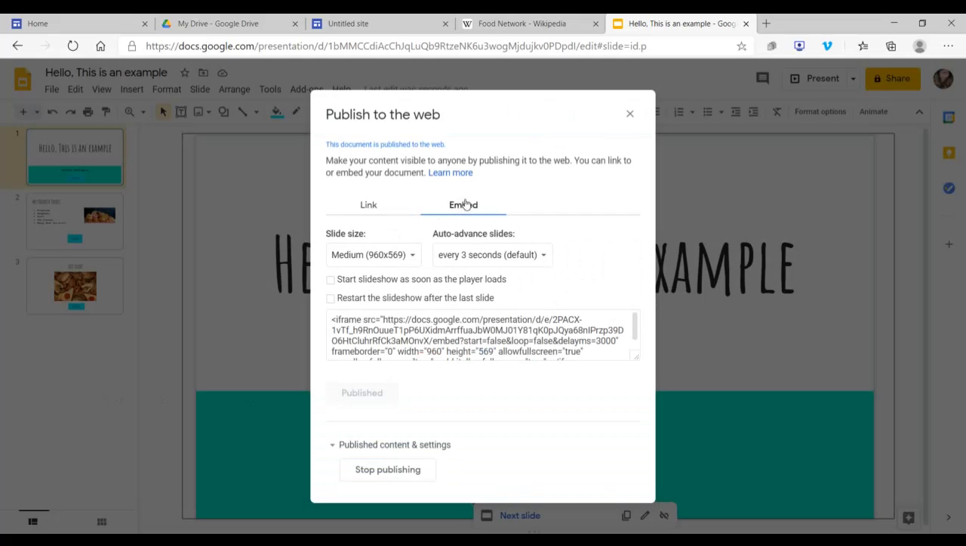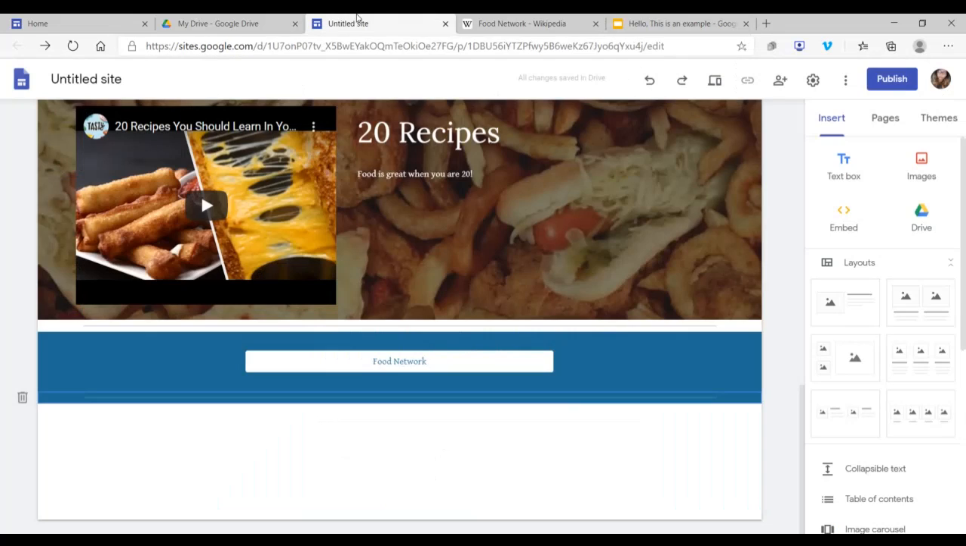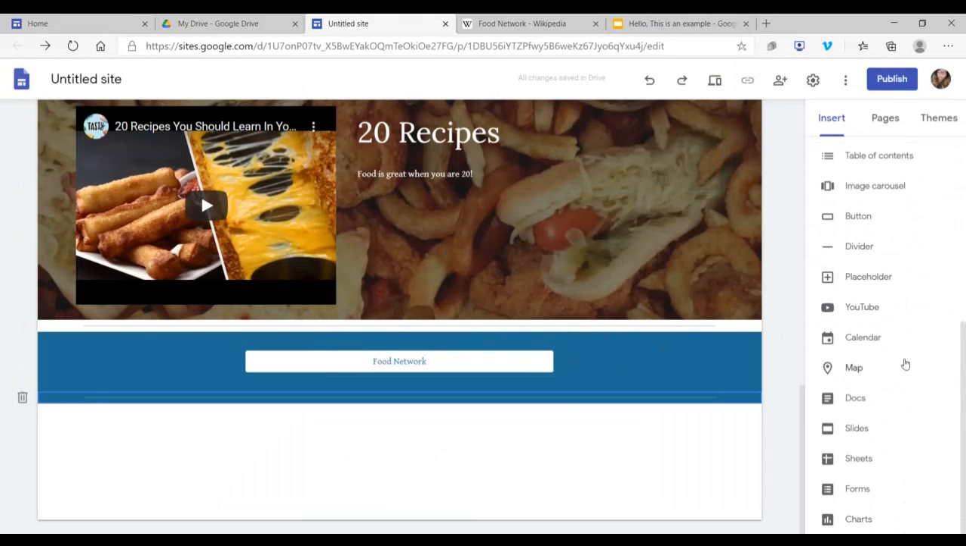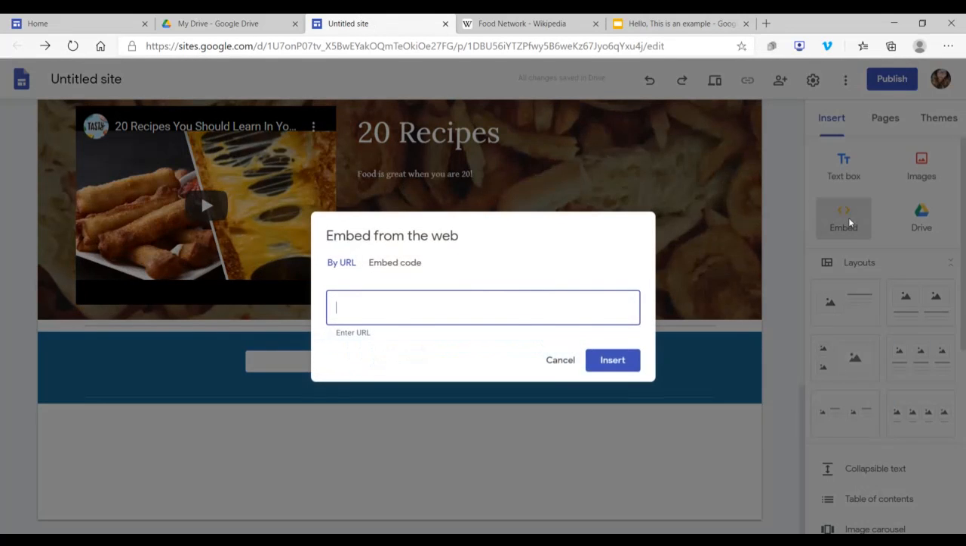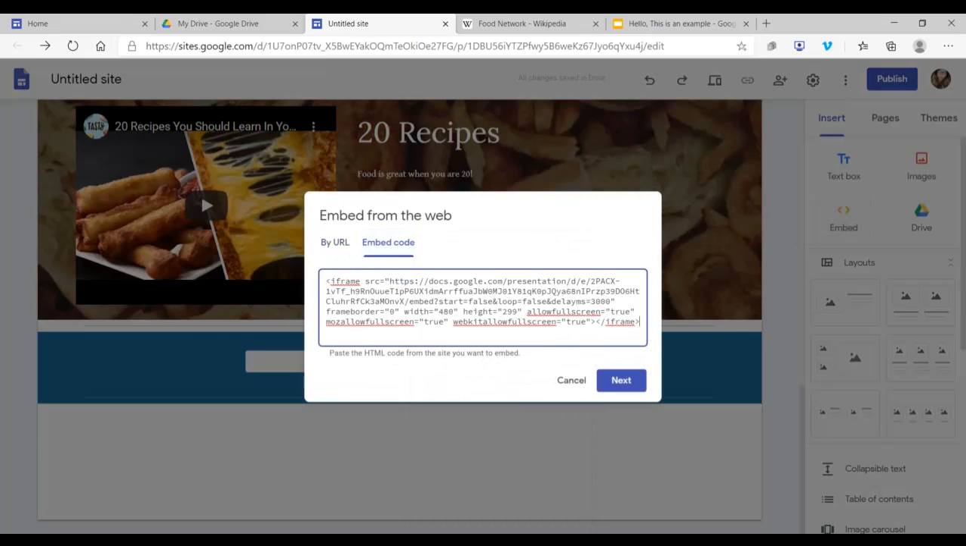So now I'm going to press this Embed option, choose how big I want it, go through these different options, and then copy the embedded slide. Go back to my original slide, go back to this original website, press Embed, Embed Code,